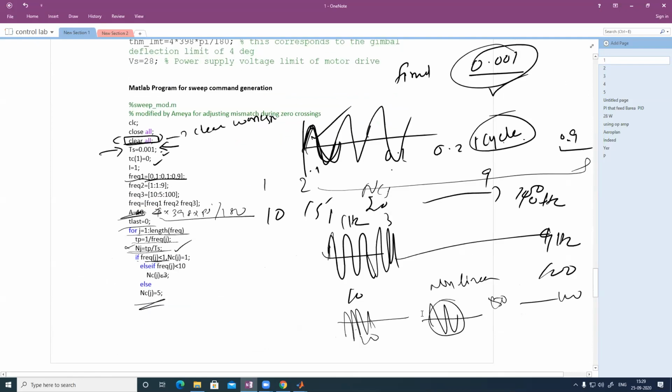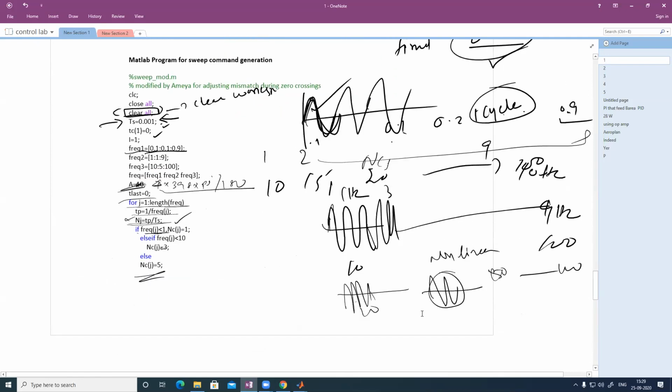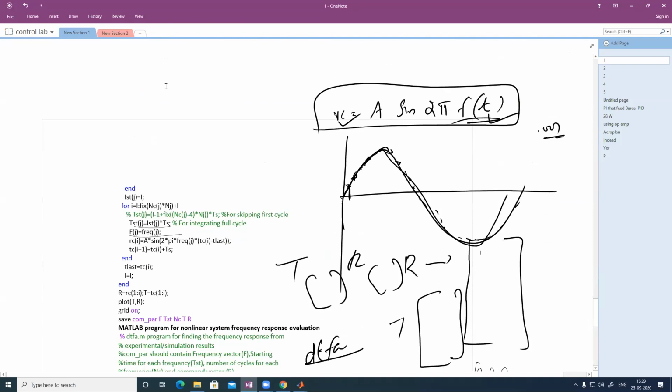So first of all, you have to generate a sine wave, apply that sine wave to that model, run it, then take it to the DTFA, and you will get the frequency response for a particular system with the particular input. A nonlinear system is described with a particular output with respect to a particular input only, so the input also we have to give. In a normal LTI system you need not give any input. It will automatically generate some low value input, and the frequency will change in the simulation, and you will get the output. That we are mimicking in this exercise.